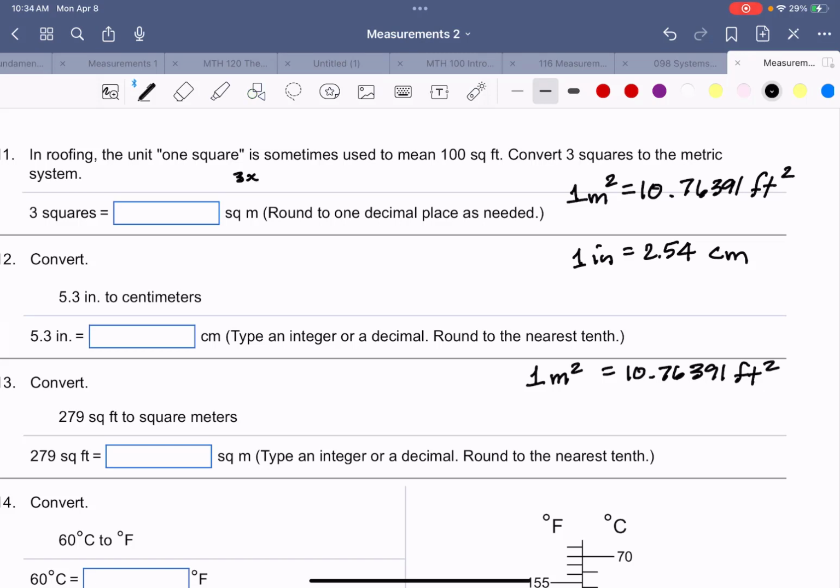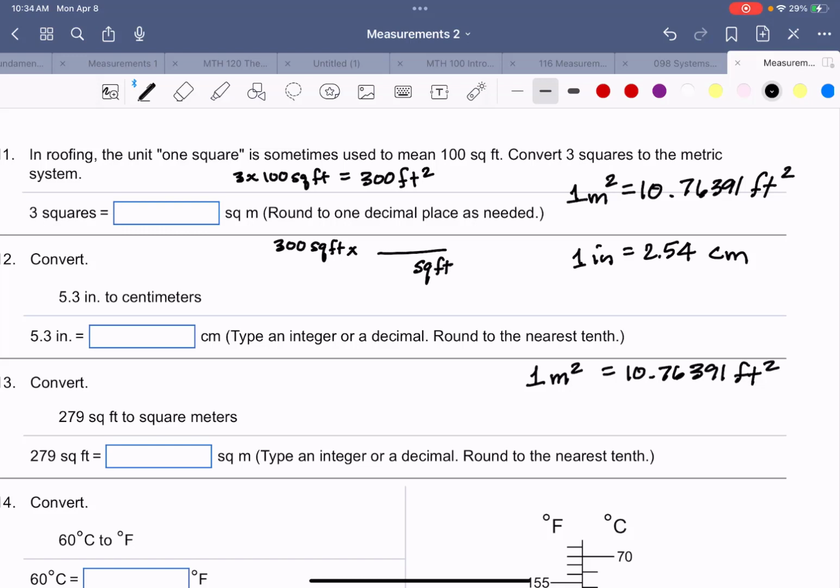3 times 100 square feet. So that's 300, and you can also write square feet, ft squared. So we need to change 300 square feet to square meters. So 300 square feet times, and we'll put our square feet on the bottom,